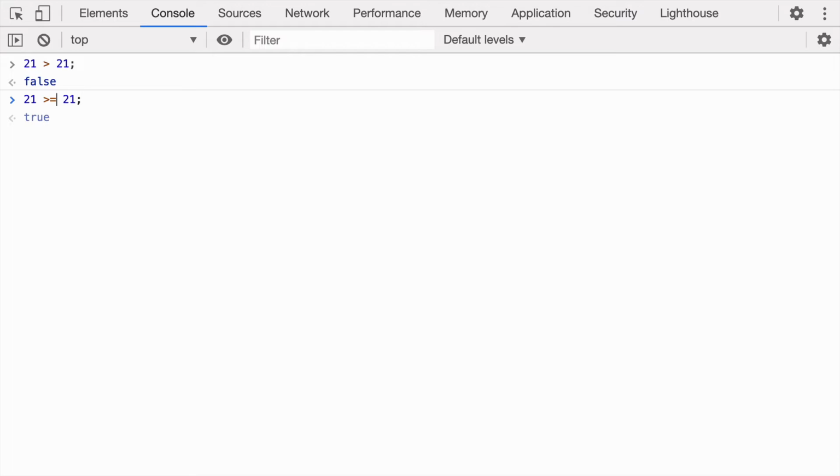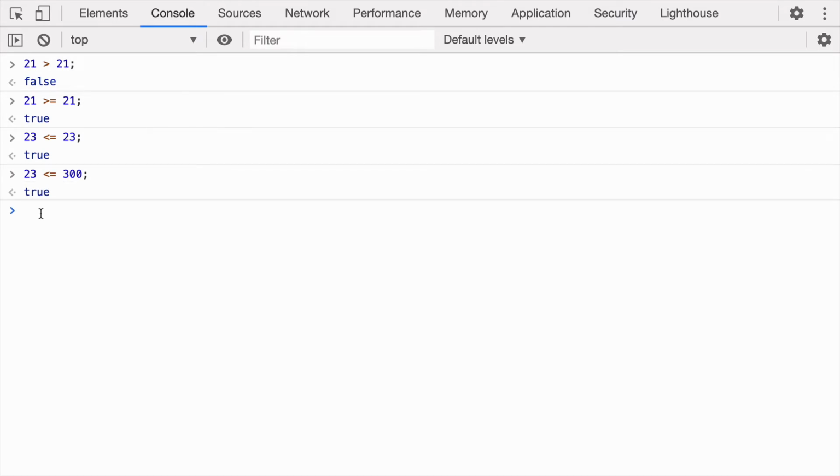This is a new operator that checks whether the value is greater than or equal to another value. Similarly, we have less than or equal to 23. It will return true if the value is equal or if the value is less than. I'll go ahead and change this value to 300 and it will return true.